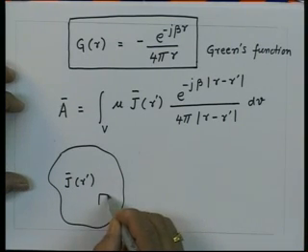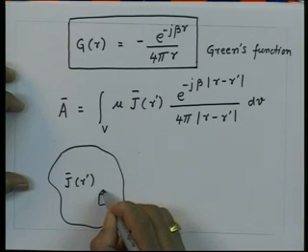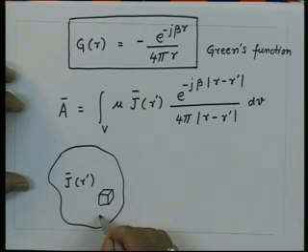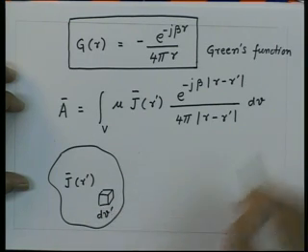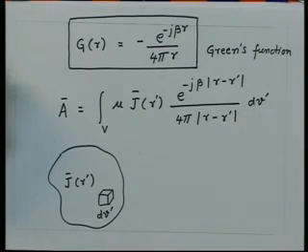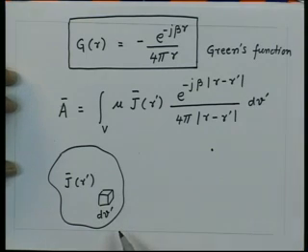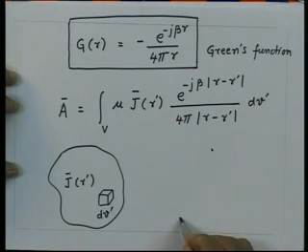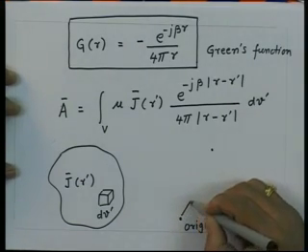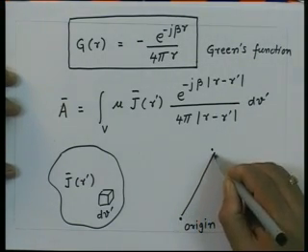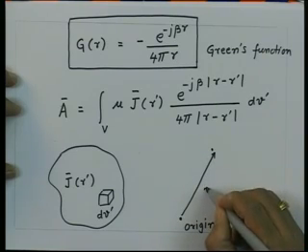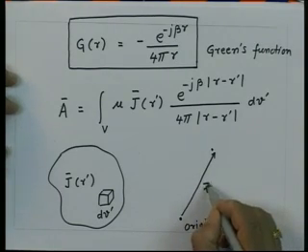You have a small infinitesimal volume in this, which we call dv prime, integrating over the source space, and we have an observation point here, and this is my origin. The distance from the origin to the observation point is r,